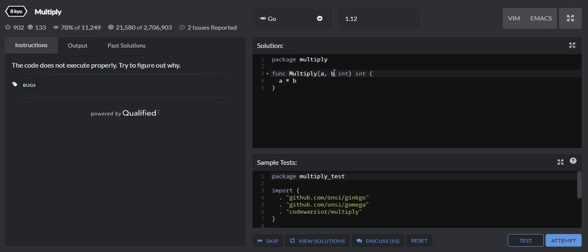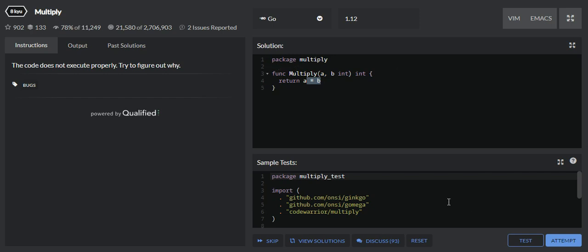Here we have two numbers a and b, and the integer return type. If we multiply the numbers a and b, which are of type int, the result will also be an integer. If you have to return anything from a function, we have to use the keyword return. So when we have the keyword return, it will multiply these two numbers, and whatever the result is, it will just return out of the function.